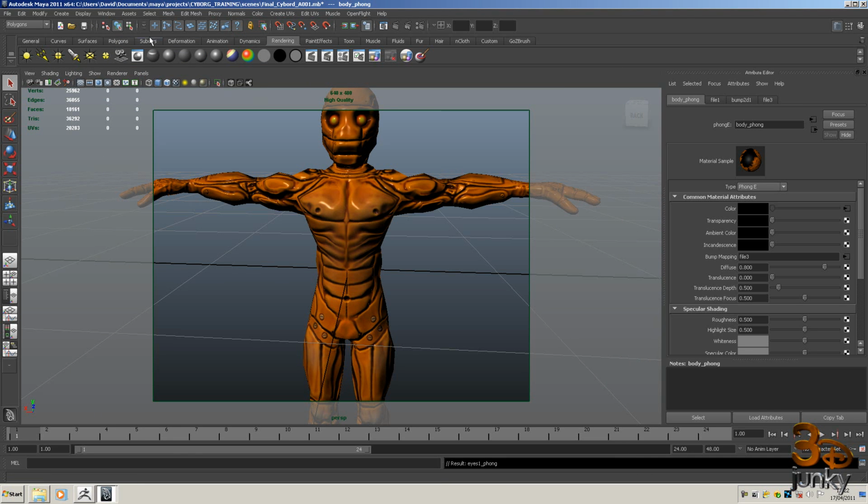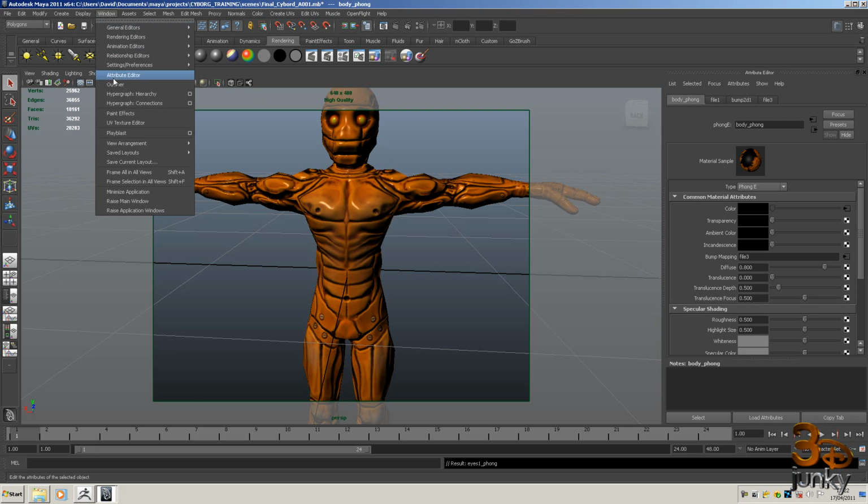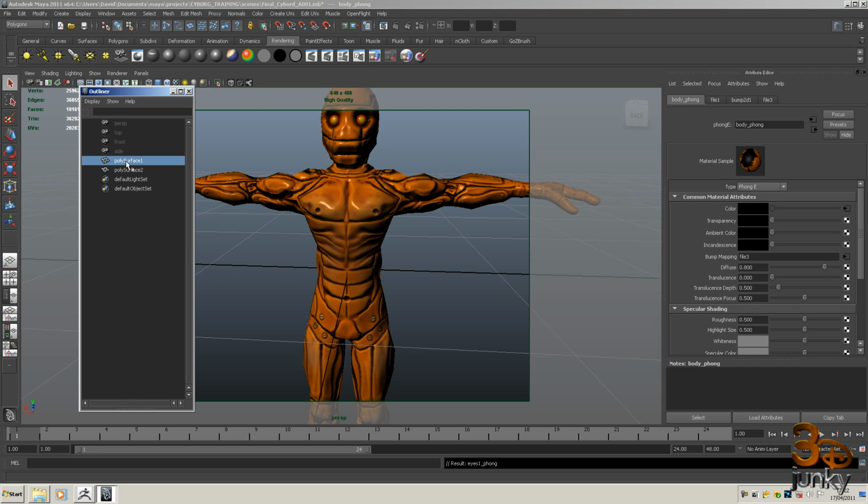And now what we need to do is go into Window and go into Outliner. And you'll see that we've got these two poly surfaces here. One's the body, one's the eyes. We're just going to name those. So if you just double click on those, call it eyes, hit return, and the same for the body,